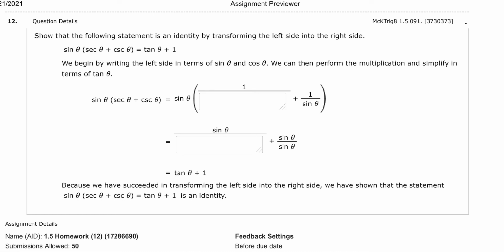We can do this one together. Let's see, so we got sine times secant plus cosecant. So we got sine times secant, which is 1 over cosine, plus 1 over sine, that's given to us. And now it looks like we're distributing here. Sine over cosine, because when you distribute this, you multiply the numerator by sine, and you get sine over cosine. And then over here, when you distribute there, you get sine over sine, which is 1. And by definition,